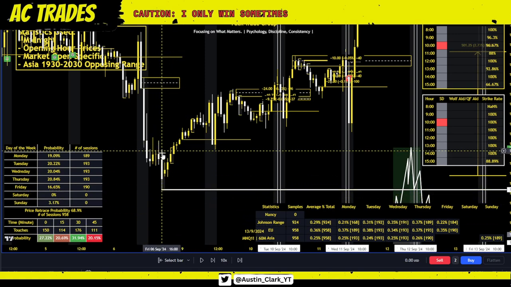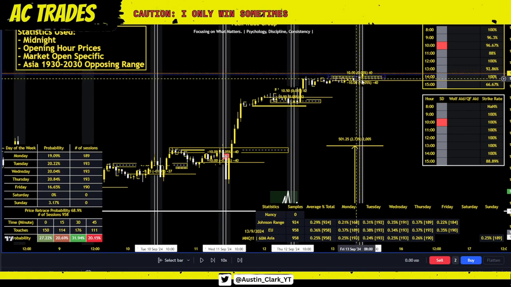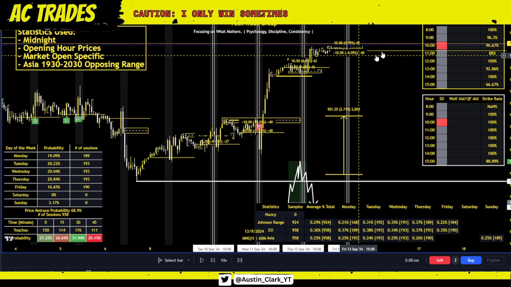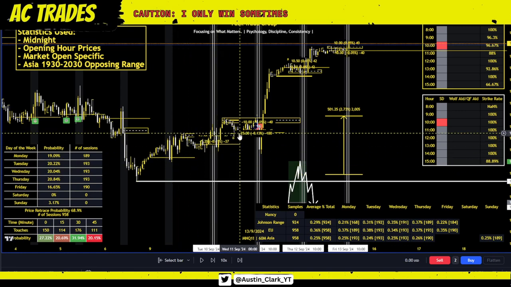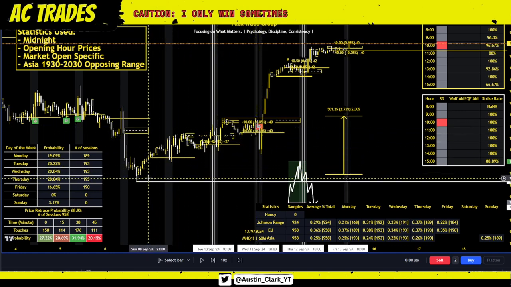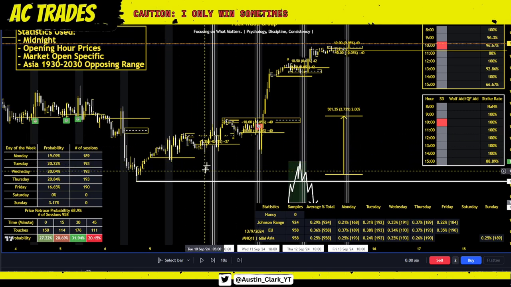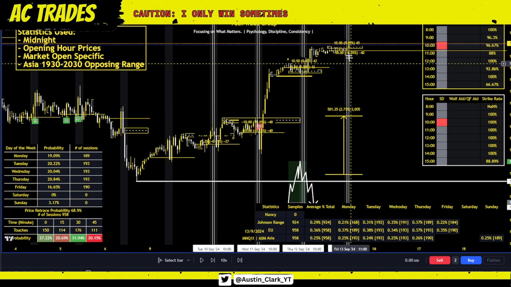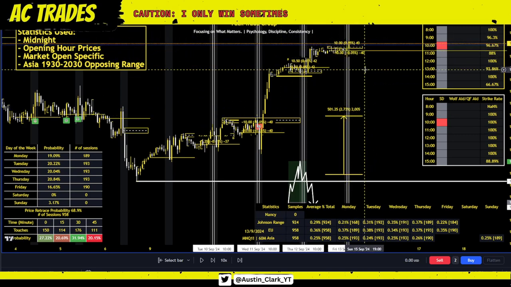Like I said, technically it's out of statistic, but we made the weekly high on Friday, which was in statistic. If we do have a bullish week, we're going to make the weekly high on a Thursday or a Friday, and the low is going to be a Monday or Tuesday. And so by Wednesday, I saw that we were making structure above that Sunday low. And then you can see Monday's low as we're still creating structure above it. By close of business Wednesday, I was like, yeah, we're due for a bullish week. And so by Friday, I wasn't surprised that we were going to make that new weekly high.